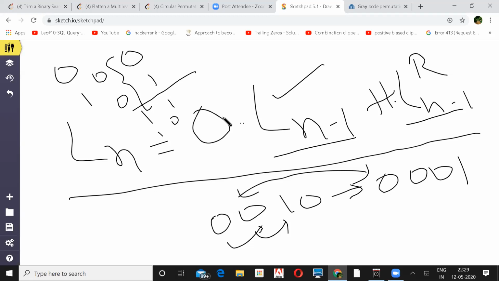If they differ by only one digit, then after the XOR only one bit will be set, and you can check whether the bit is set using the n and n minus 1 formula. Hope you guys understand what I just said.